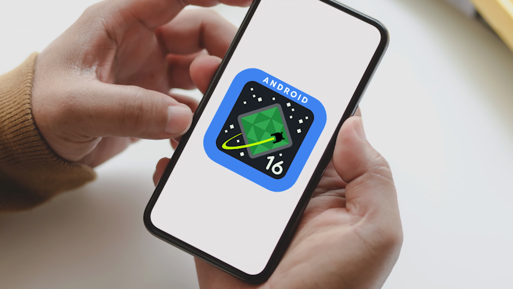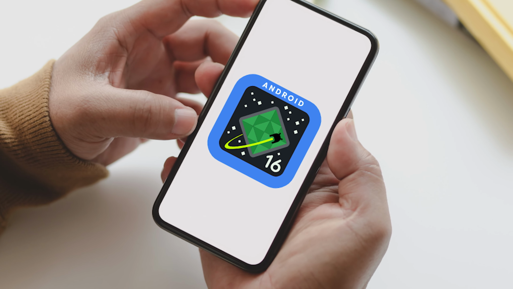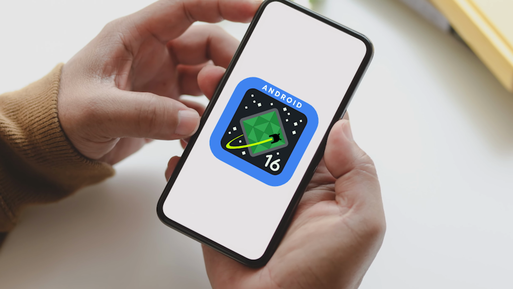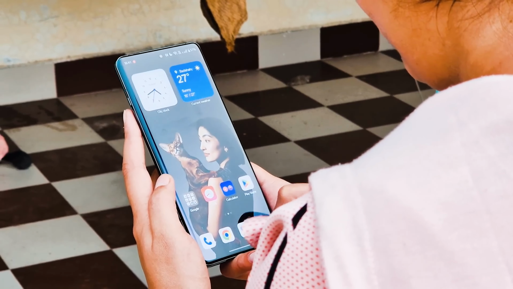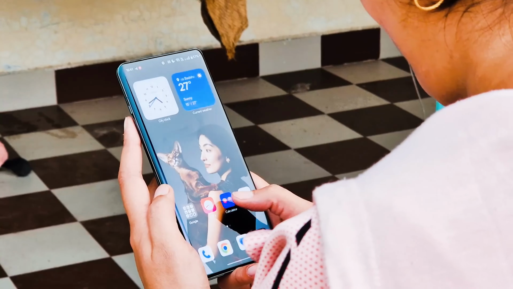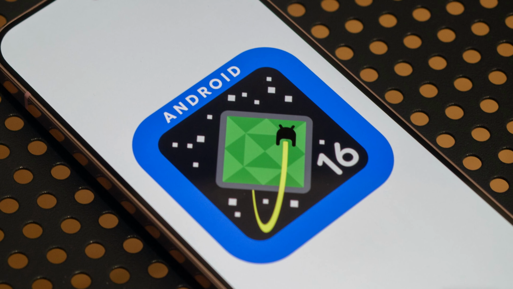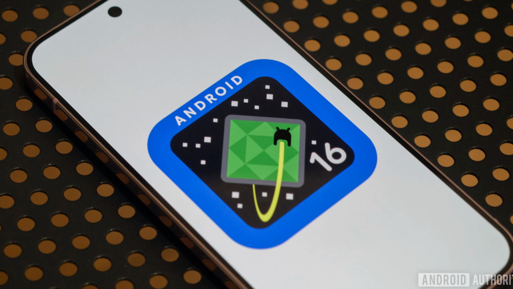For developers, there's a cool new photo picker that can be embedded into apps, and now, apps can read and write medical records in the FHIR format. Performance-wise, Android 16 is feeling pretty smooth so far. App launches are snappy, and scrolling is buttery smooth. No major bugs in sight, though of course, more testing is needed before we give it the final stamp of approval.